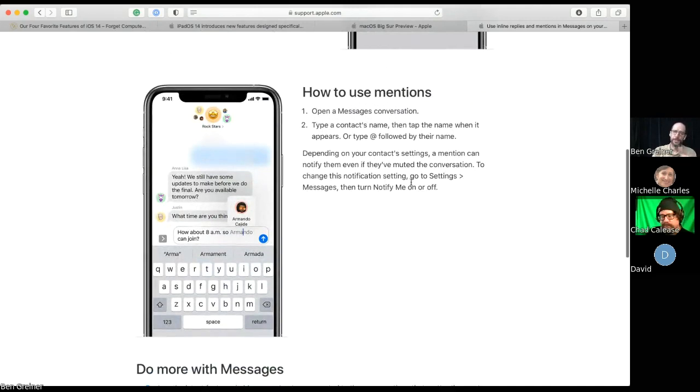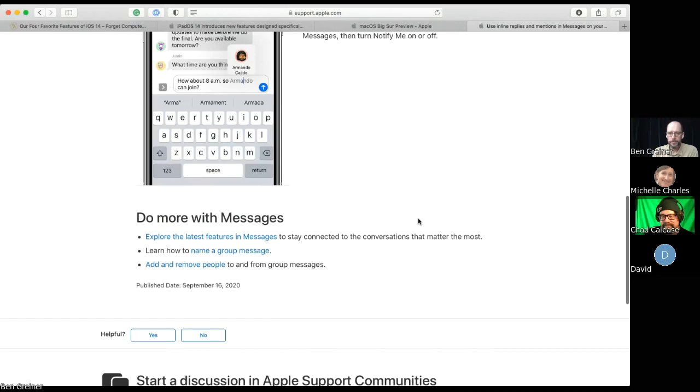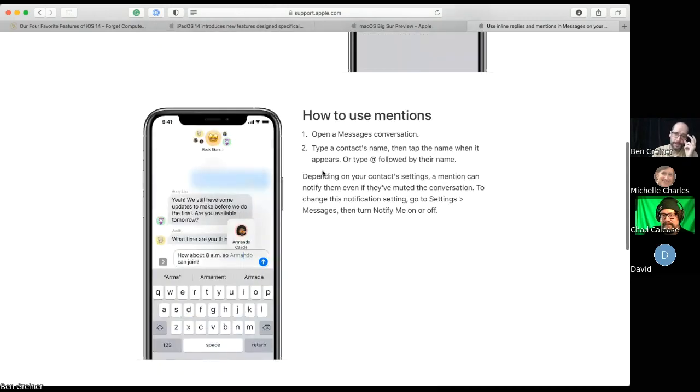So read the instructions, try it out. But basically, especially in a group, if you're trying to draw attention to someone and mention their name, it will, from their view, highlight their name and just draw their attention to it a little more. Most apps today have mentions, so it's almost strange that Apple took this long to introduce mentions, but it is working now, and it's pretty hidden.